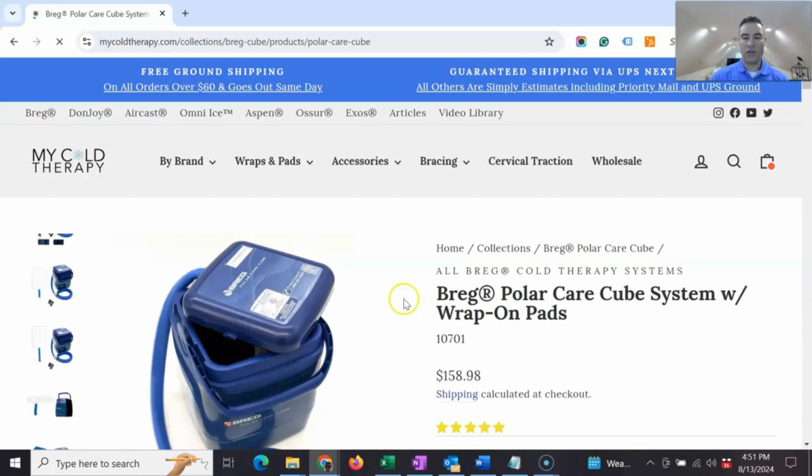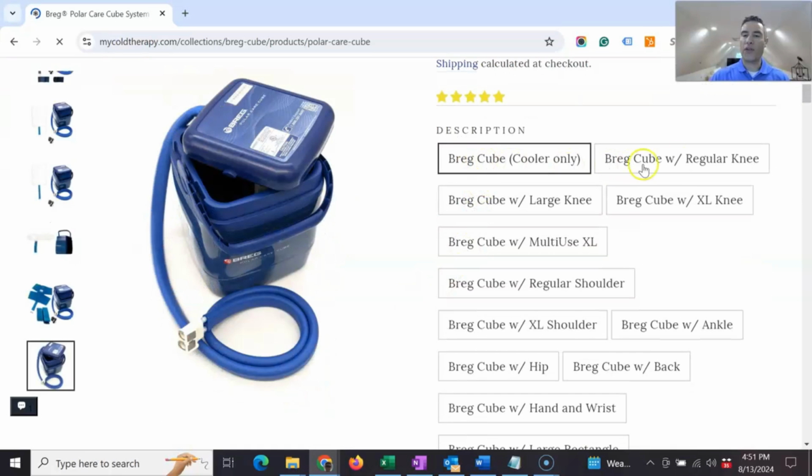Once you get to this page, though, you're going to notice that there are a lot of different options as it relates to the pad that you can specifically order. You're going to want to do a little bit of research to make sure that the pad itself is the right pad for your surgery. As a good example, if you're having knee surgery, and depending upon your size, you're going to want to make sure that you get a regular knee, large knee, or extra large knee pad based on what sizing parameters work for you. Below, I'm going to talk through some of the dimensions, but after you confirm your dimensions, let's say that you want the Breg Cube with regular knee pad,